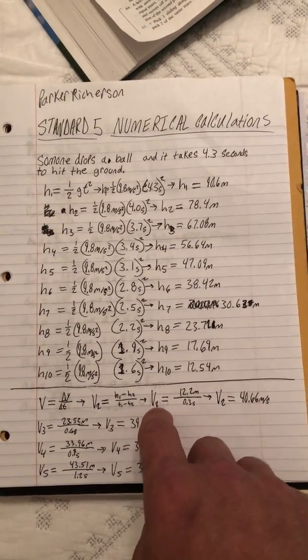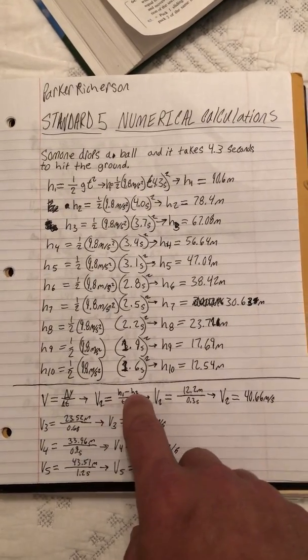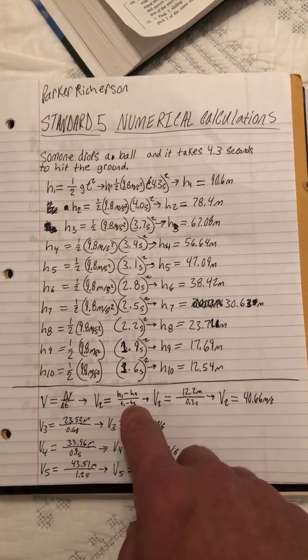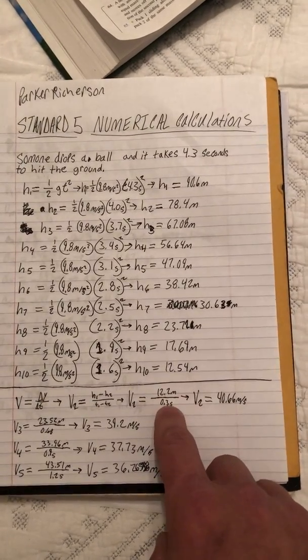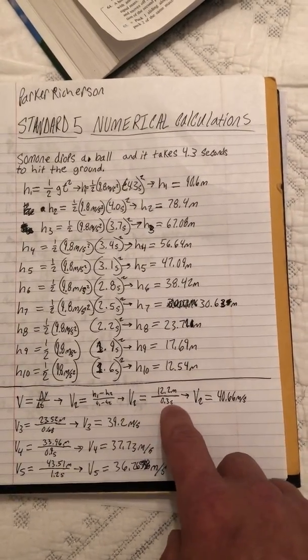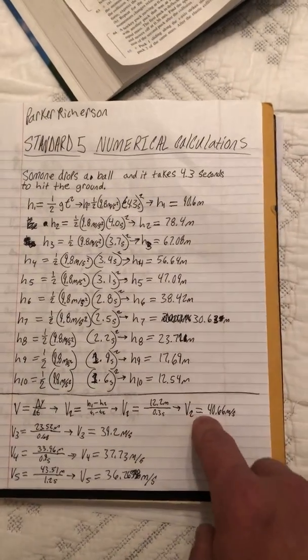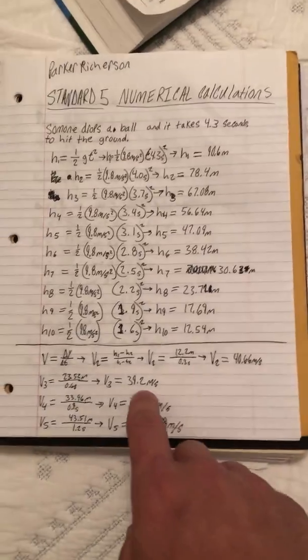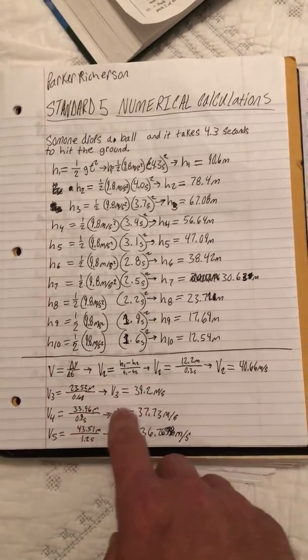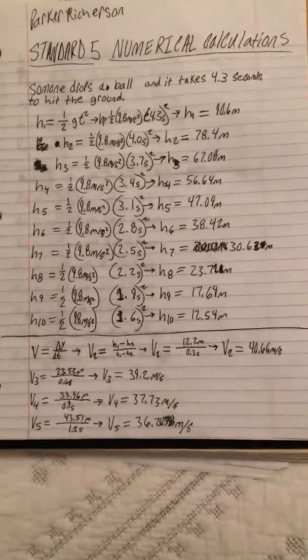So v2 equals h1 minus h2 over t1 minus t2. So v2 equals 12.2 meters over 0.3 seconds. So v2 equals 40.66 meters per second, and you just keep doing that all the way to get all the velocities